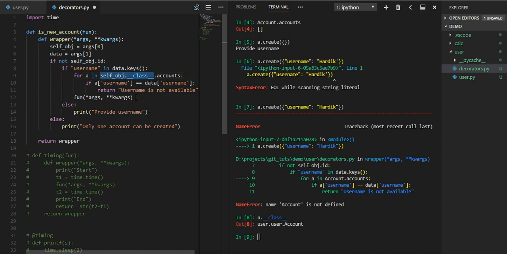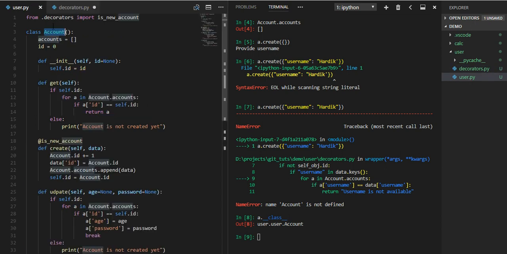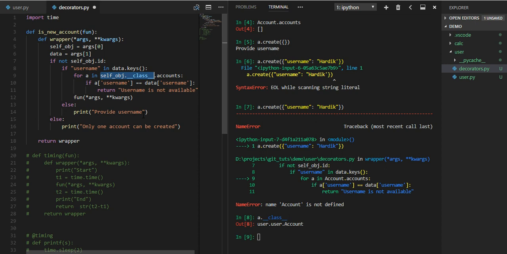Okay, so wherever you use the capital Account, that is a class name which cannot be imported, because we have imported this decorator inside users also. So that means it will be a circular dependency. It will not allow importing one module into another and the same module into the first one. So we can tackle this situation like this, particularly in this situation, but there are other ways also to avoid the circular dependency. So we will see that also. Okay, so for now let's exit again,